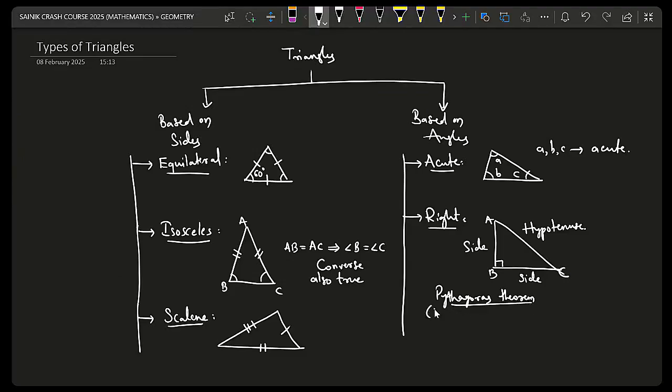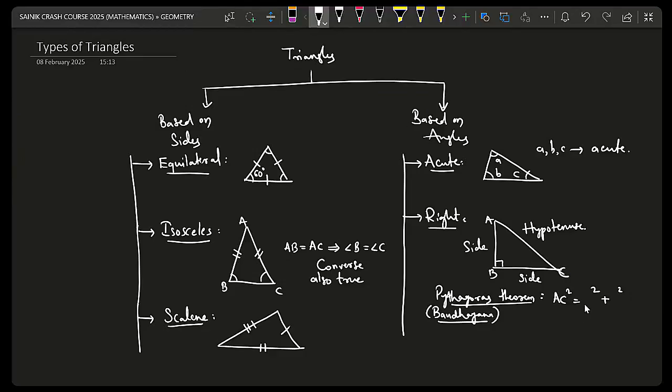You know, there is a famous story behind this, that is Baudhayana theorem also. He's an Indian mathematician who found this statement first, but he didn't prove it. But Pythagoras came with the proof. That's why famously it is known as Pythagoras theorem. Okay. So Pythagoras theorem is nothing but the square of the hypotenuse is the sum of the squares of the other